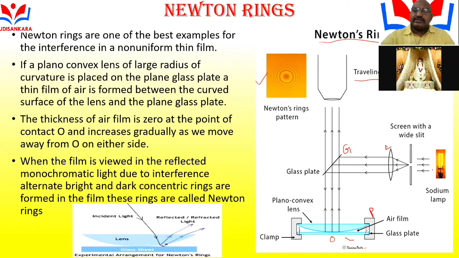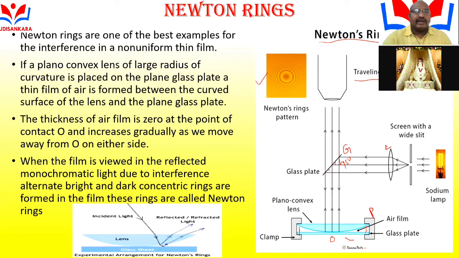This is the sun radiation. A monochromatic light passes to a plain glass plate G at an angle of 45 degrees to the vertical. Some portion of the light is transmitted, and some portion is reflected. These reflected light rays reach the upper surface of the microscope and form concentric rings. These rings were discovered by Newton and are called Newton rings.